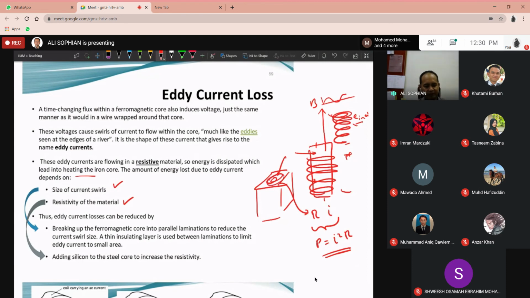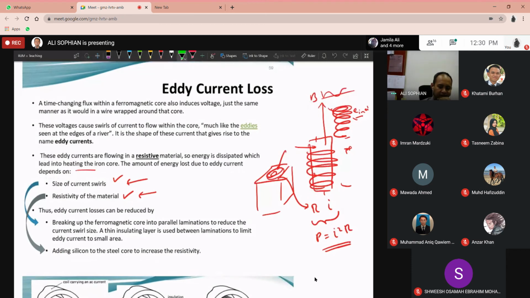So if you want to reduce or minimize this eddy current loss, we can achieve it in two different ways. Either we make the size smaller, or we increase the resistivity of the material. If the resistivity is increased, the current will be reduced, and as the current is reduced, the loss will be reduced as well. Okay, so how do you reduce the size of the current? You reduce the size of the current by